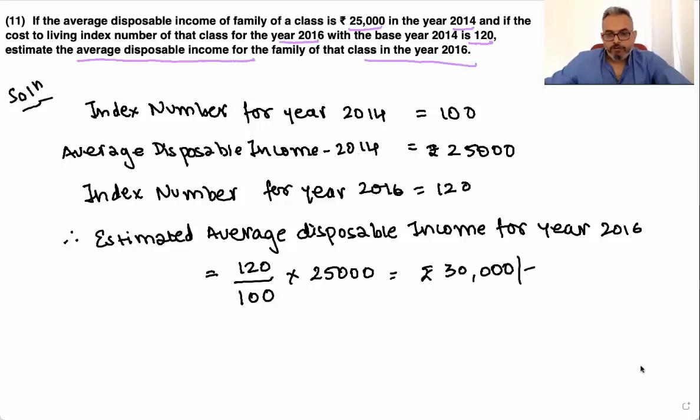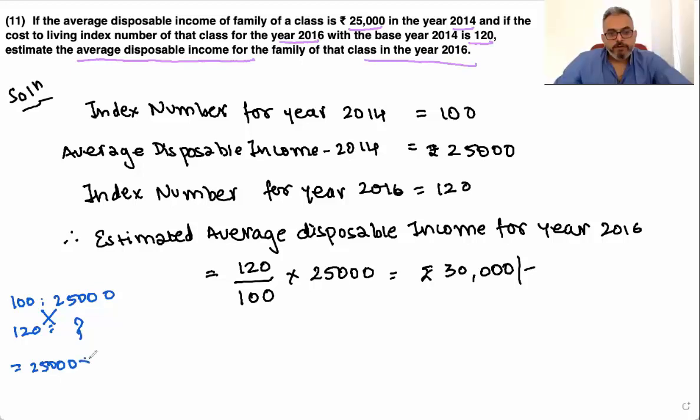Alternatively, you can also use this logic over here. I'll just do it over here. कि when my index was 100, income was 25,000. My index has become 120. What is the estimated income? So